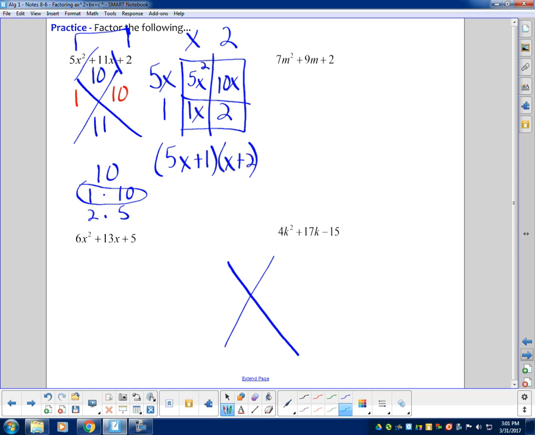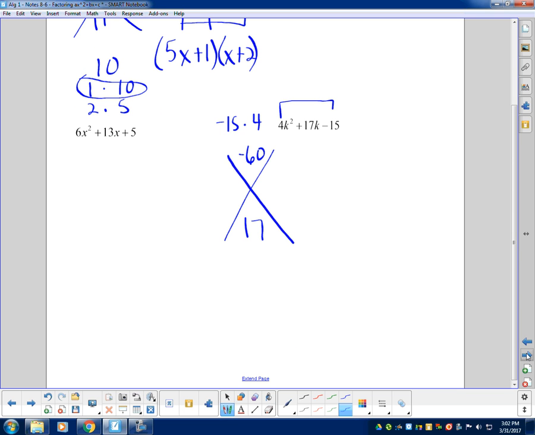So make my big X. We've got negative 15 and 4. Negative 15 times 4 gives me negative 60. Negative 60 has a lot of factors. There's a lot of possibilities here. So it will take a little bit of work to find the correct one. 7k goes in the bottom, I mean 17 goes in the bottom. And next,